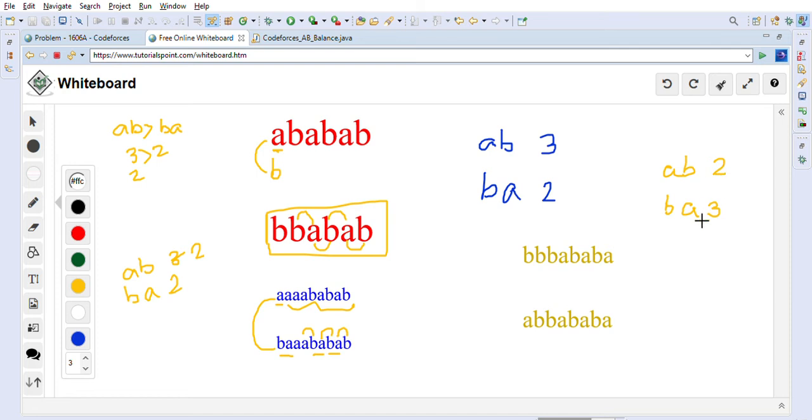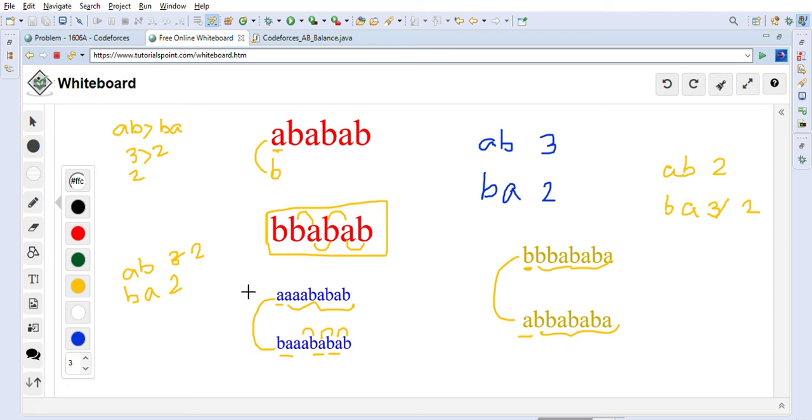So now this is the opposite case where BAs are more. In this case, we will again traverse character by character, and whenever we get the first B character, we will check if BA is greater than AB. In that case, we will change that B to A. We are doing the opposite of what we did before. If we change this B to A, then it will increase the AB, as you can see. And we will reduce BA by 1 after that, so it becomes 2. Now we will just append the remaining string as it is.